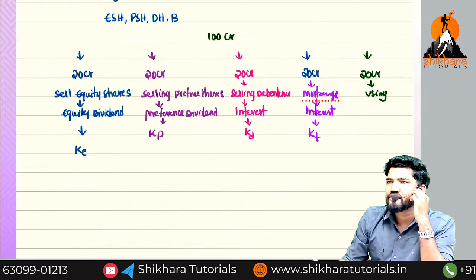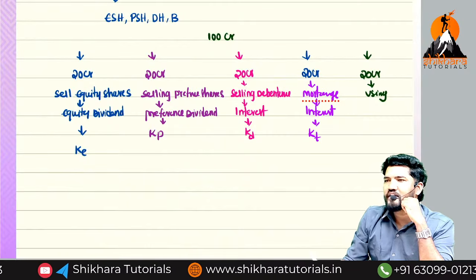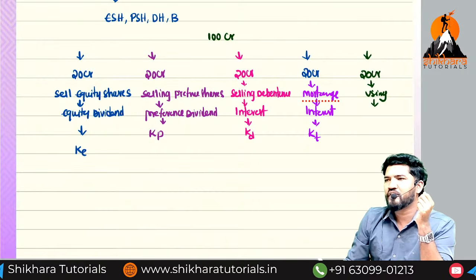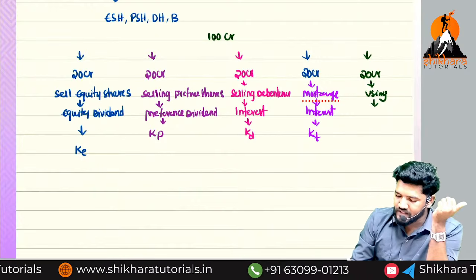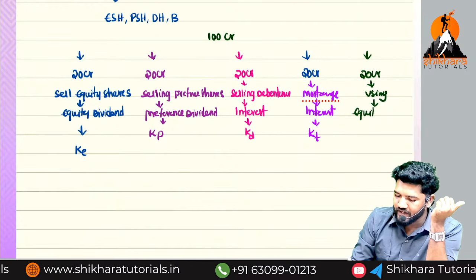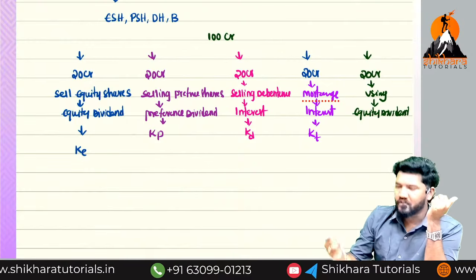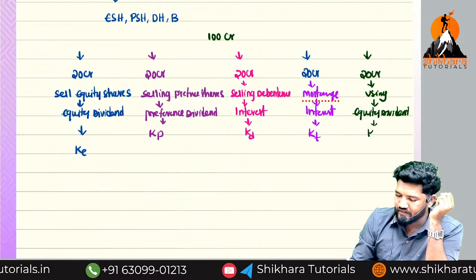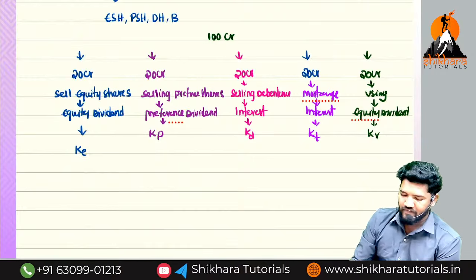Whose fund is it? Previous owners' funds. Are you guys clear now? Now, are the previous owners expecting something, or will they give it free of cost? They are also expecting something. Their expectation, the owner expectation, is equity dividend. Clear? This calculation we denote with KR. Are you okay now? Okay, then fine.